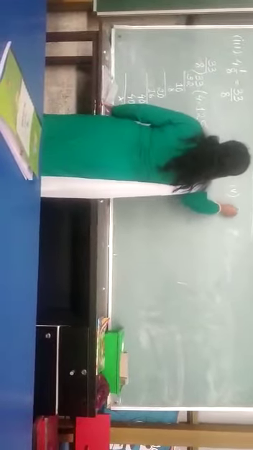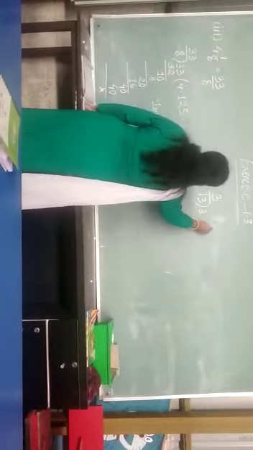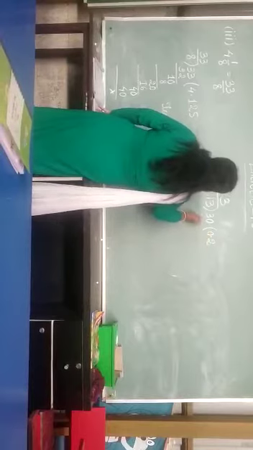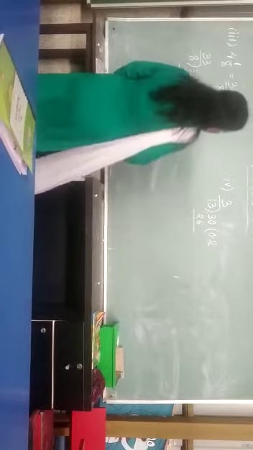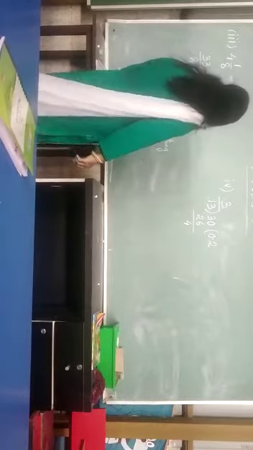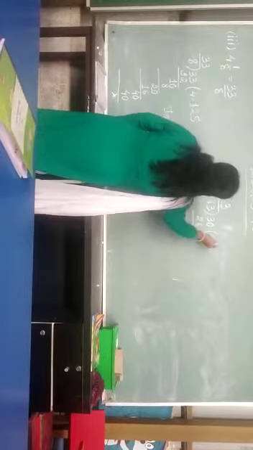Question number 4 is 3 by 13. Now here again 13 is bigger, 3 is small. So how do we divide? We have to take a point and bring a 0 here. Now 13 2s are 26, right? So 30 minus 26 is 4. Remainder is 4. Now we take a 0 from the point, as we have already put a point. So 13 3s are 39. So 40 minus 39 is 1.